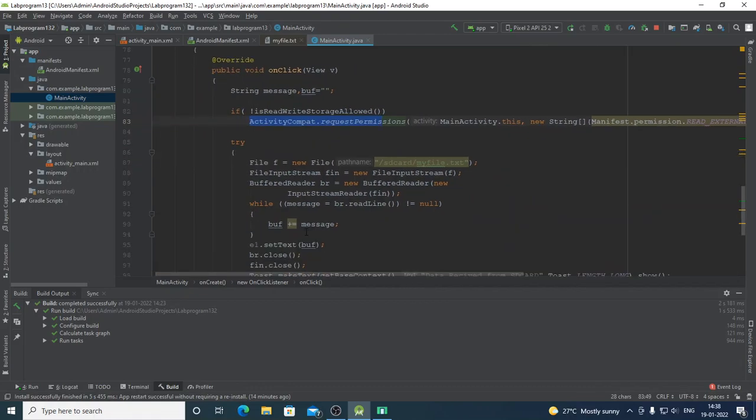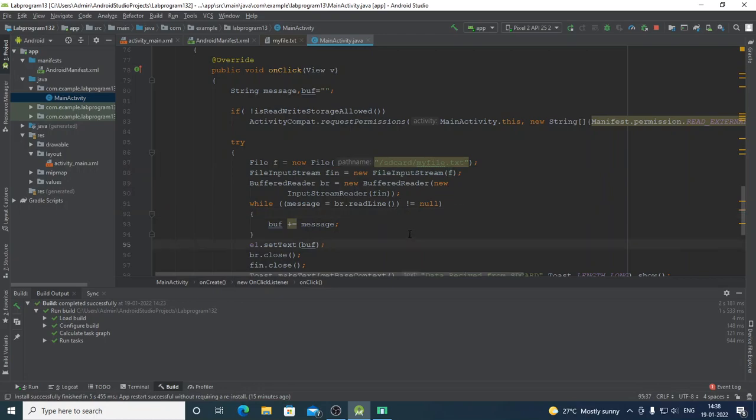Next, you have to open the file and read the data from the file. Whenever you want to read data from the file, you will have an input stream associated with it. So create a file object, passing the path of the file name, and fetch the input stream associated with it by passing this file object.